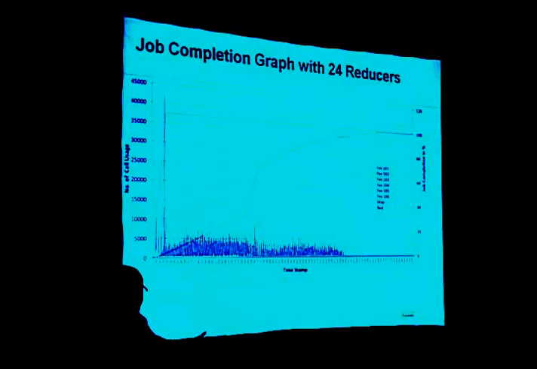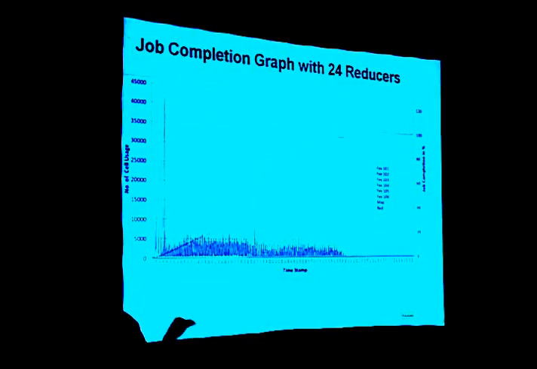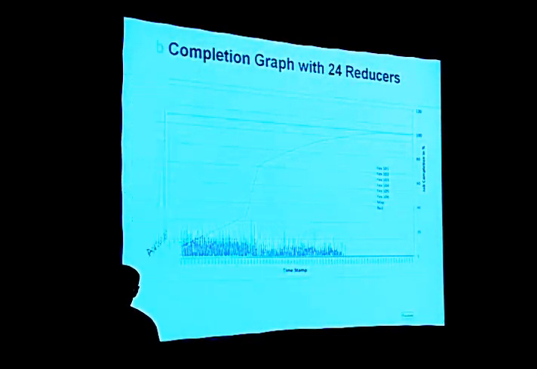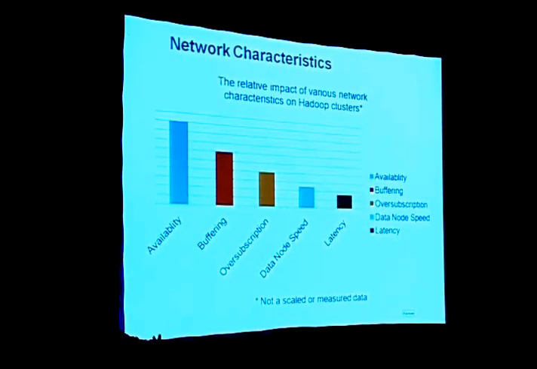If you look at the reducers at 24, you can see the buffer utilization drops from 35,000 cells, which is the cell terminology we use in the Nexus 5K switch portfolio, from 35,000 switch cells to 5,000. In other words, the network is less utilized, buffer is less utilized, right? When you have the number of reducers going down. Typically, there is a debate when we talk to customers: if you have a badly programmed job, what does it matter? Does reducer ratio matter or mapper ratio matter? Well, that will also be dictated by your workload, but for the network behavior, understand that more reducers means more traffic, fewer reducers means less traffic.